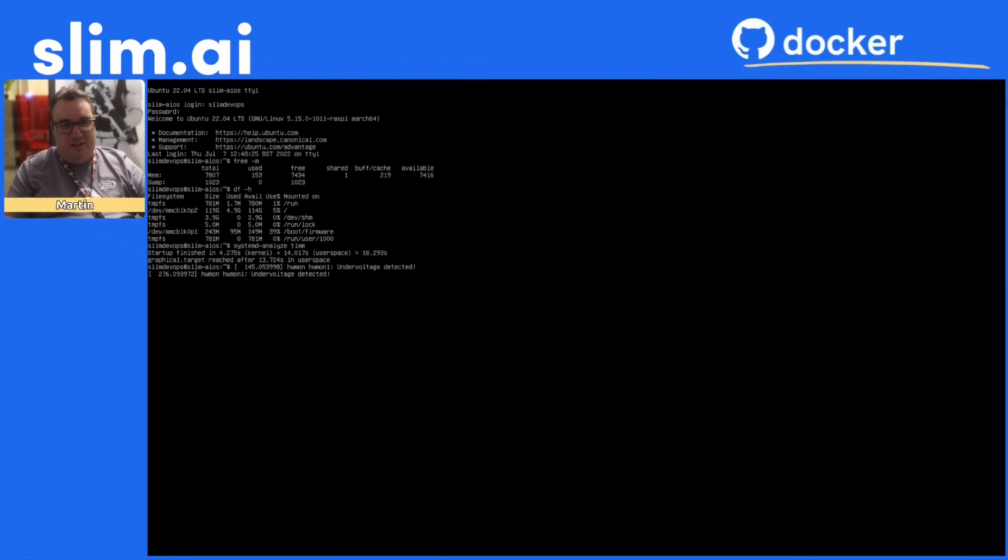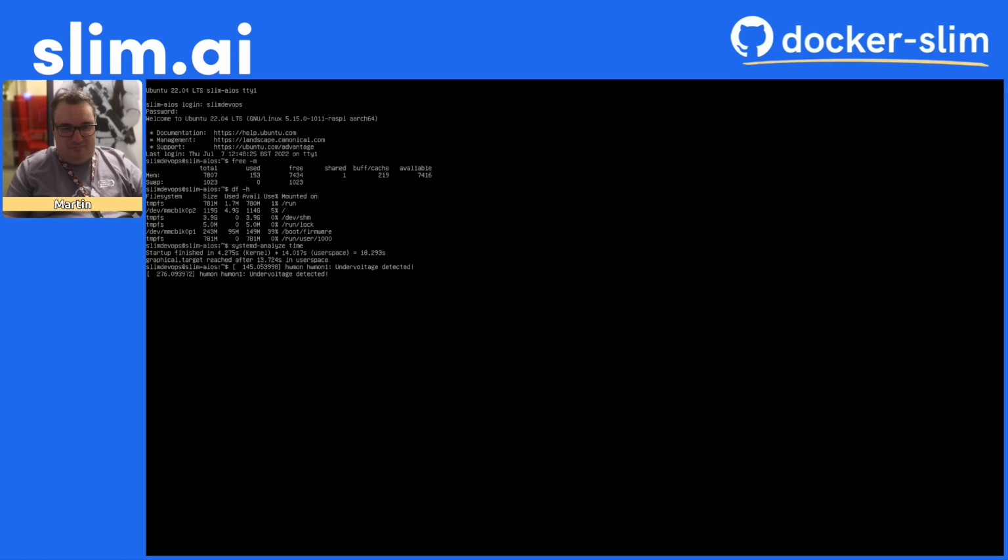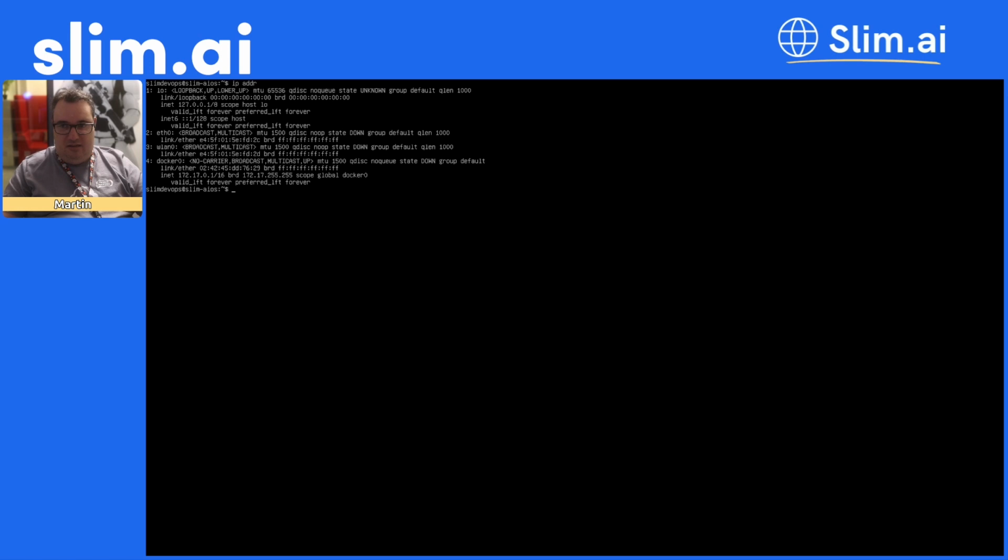But I do have, in fact, is it still up and running? I do have an operating system. This is very difficult to see because it is the console of the Raspberry Pi. I can't SSH into it because I have no networking at the moment. But if I do an ip addr, you'll see there's the Docker interface. So that's being provisioned correctly,